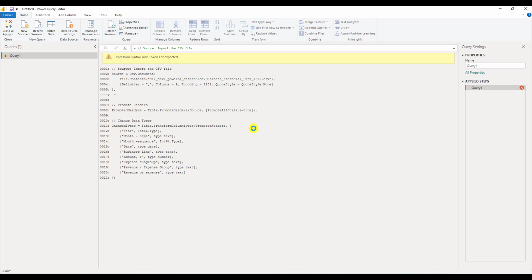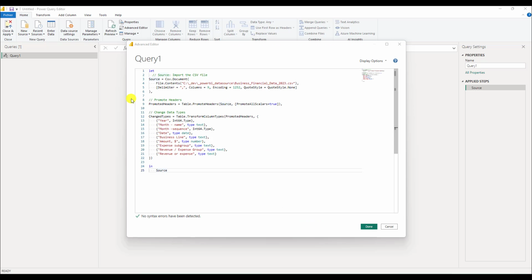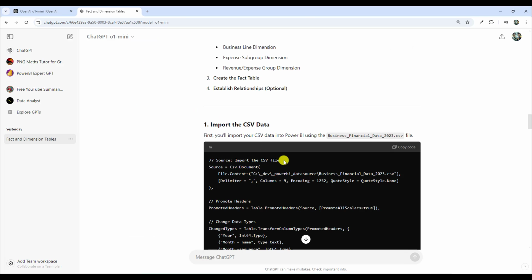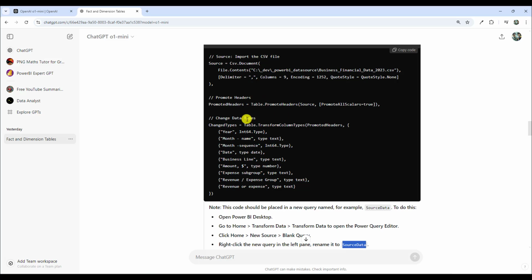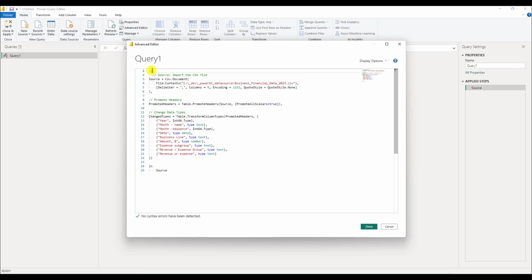Let's see if there's some errors. There's some errors in there. Let's see what it is. Okay, sorry about that, guys. Actually it was missing the let and the in keywords. If we go back to ChatGPT, you'll see that it just gave us the M code, but not the keywords let and in. Okay, so I just copied and pasted the code that was given, and if I click done,